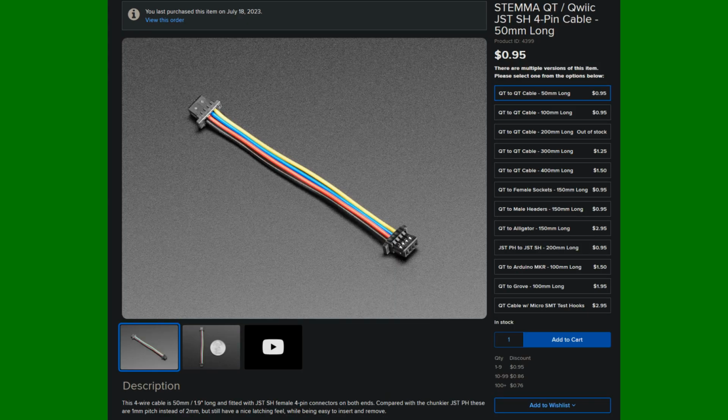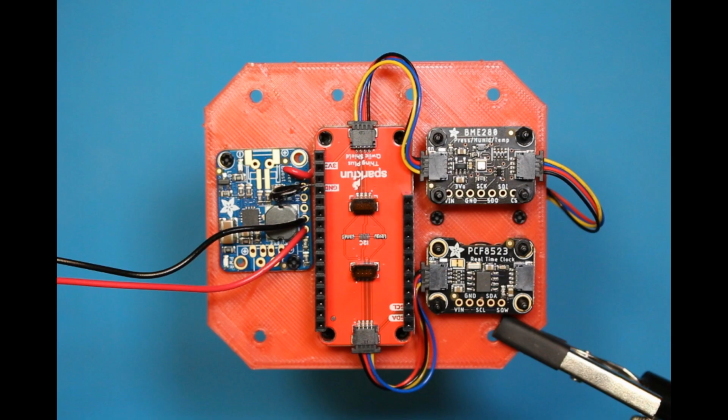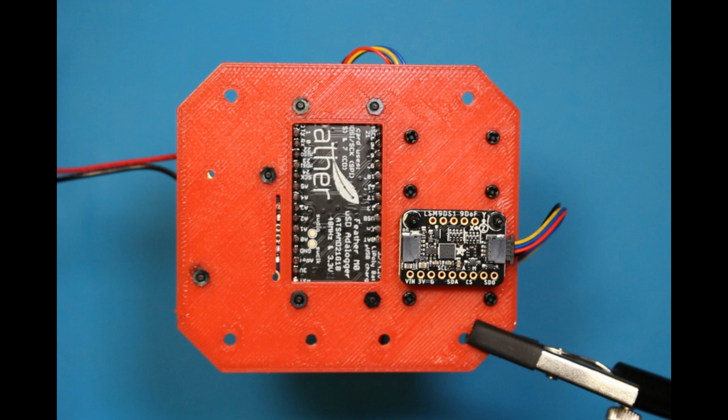You buy the Stemma QT connectors. Say you have like 3 of these sensors that have these Stemma QT connections on them. You can just plug one into the other and then plug those into the Arduino, and it just makes life a lot simpler. That's actually what I wound up doing for one of our Blue Origin CubeSats. I didn't even have to use a breadboard. I was able to just connect all the sensors directly to each other. But again, it might not make sense for you.